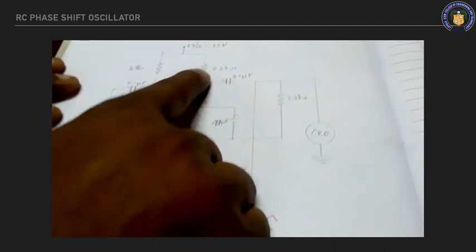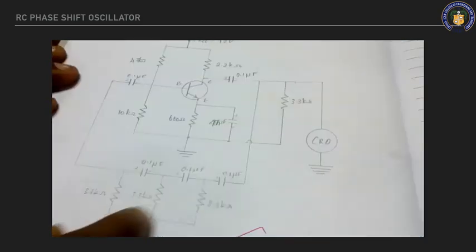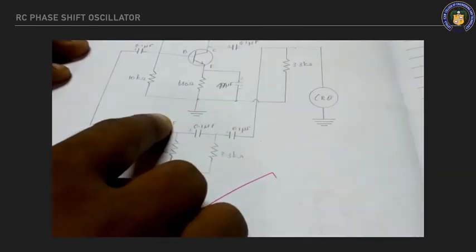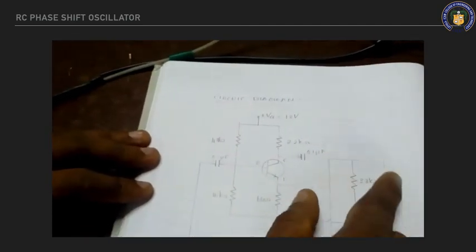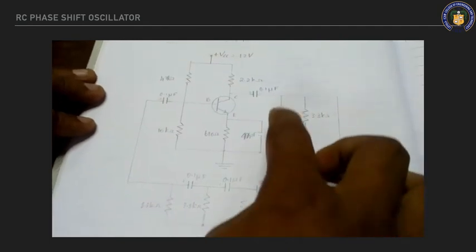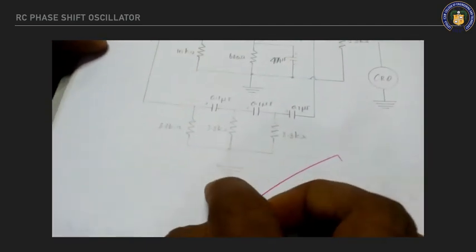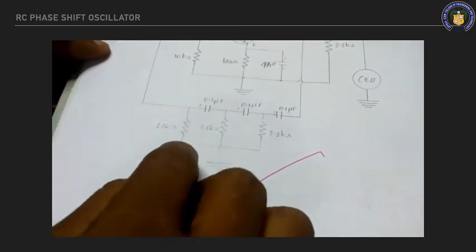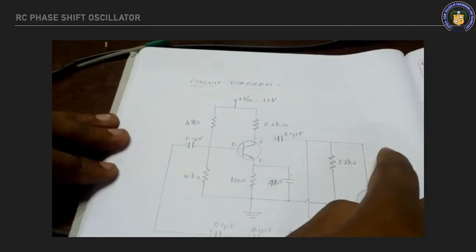The 2.2 kilo ohm resistor is connected to collector, another end connected to VCC supply of 12 volt. The 47 microfarad capacitor is connected to the emitter terminal, and the other end is connected to ground. The 0.1 microfarad capacitor, one end is connected to base, another end is connected to collector terminal. The output will be at the collector. The collector will be connected to 0.1 microfarad and 3.3 kilo ohm, another end is connected to ground. Again 0.1, 3.3 k, ground, 0.1, 3.3 k, ground. The last end is connected to the base. Output will be taken from the collector terminal of the RC phase shift oscillator.